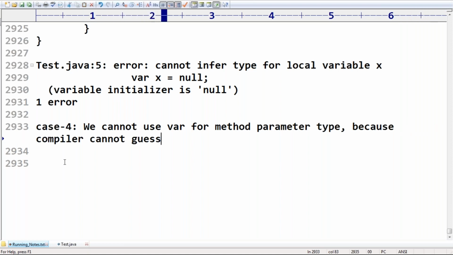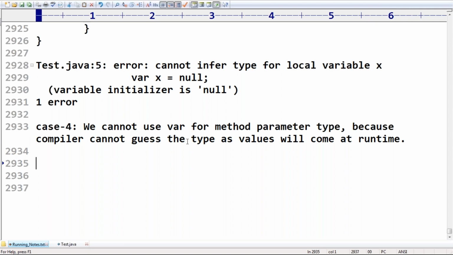The compiler doesn't know the type, as values will come at runtime.